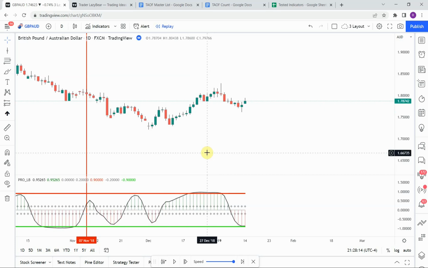Alright, so that's going to put us at the end right there. Before we take a look at what this was able to achieve, now would be a good time to say